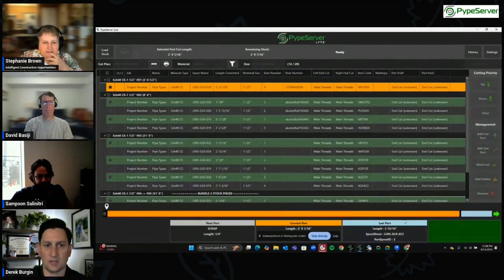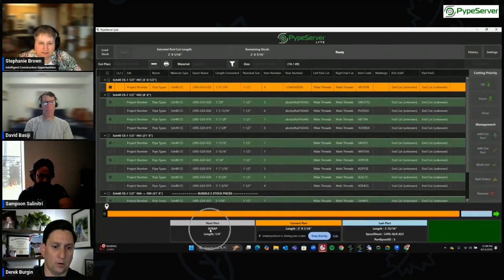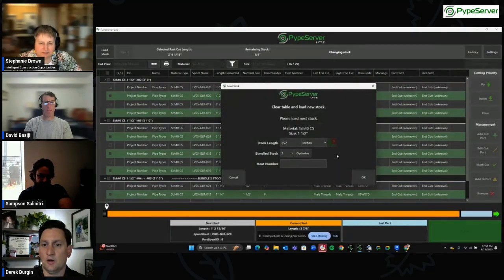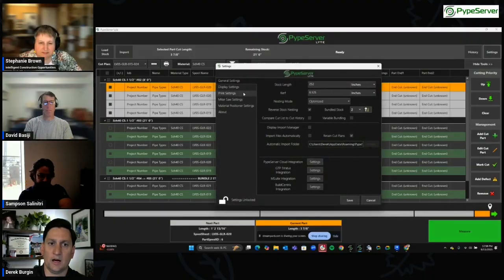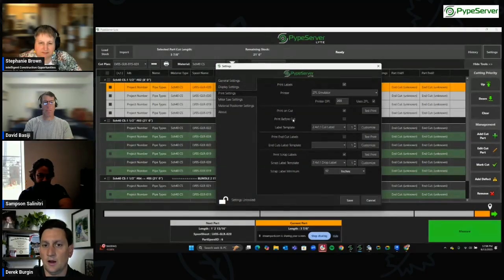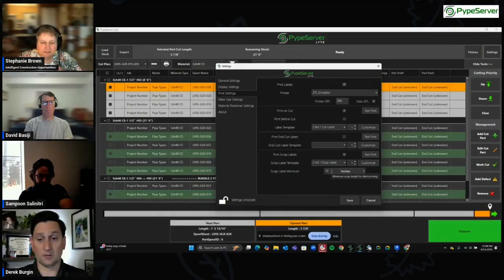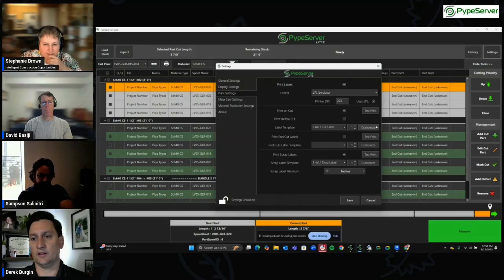Let me just clear some of this out and make cuts. You can see that it prompts us to make the next one. It's identifying the last part here, the current part, and now it's even printing a scrap label that's a 1/2 inch. Within our system, we give you the ability to not only customize your cut labels, but also scrap parts, so that if there's any pieces that are a little bit smaller that can be reused, you can put a label on them to keep track of the heat numbers